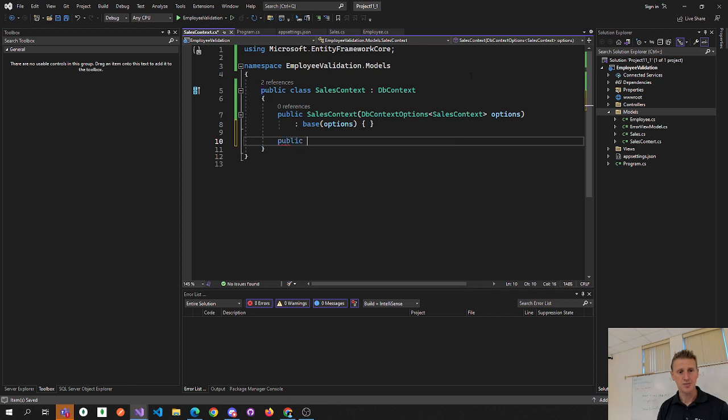Two tables, public DbSet. Table 1 is table of Sales, called Sales, get and set, null, and then